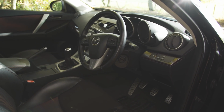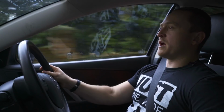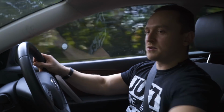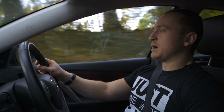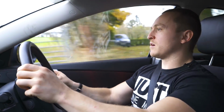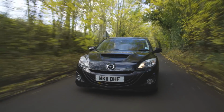Mazda cars and pretty much all older Japanese cars, the interiors won't screw together very well. There are a few squeaks, there are a few rattles. Everything just sounds a bit hard and nasty. It's not a particularly inspiring thing to look at inside, but this car did come with loads of optional extras